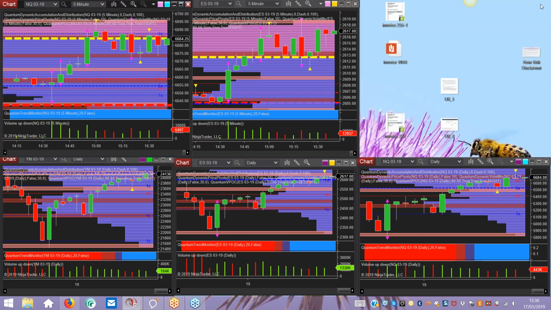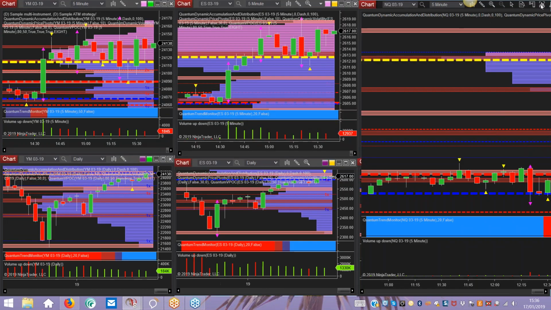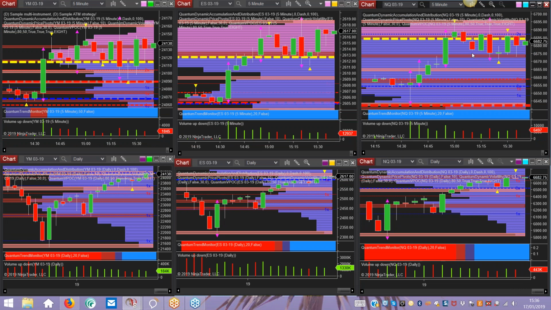And over onto the NQ, again, very similar picture. Trading around the volume point of control, ton of volume sitting there at the moment. Trend monitor's blue, relatively light volume overhead up to 66.95, up towards 67. But until the market develops a trend, then we have to wait and be patient, sit on our hands. If we're index traders, this is what we're looking at, this is what we're waiting for,